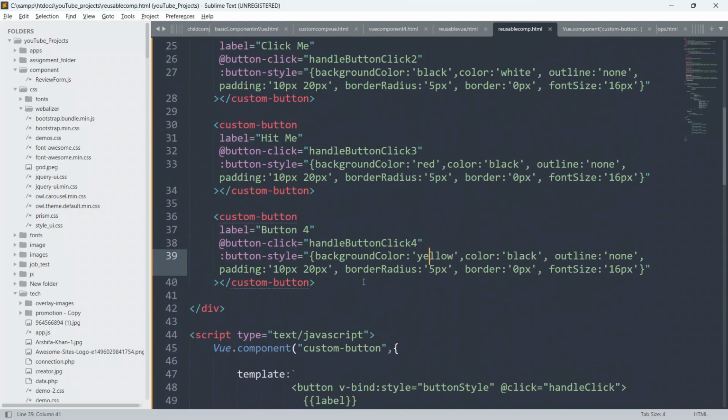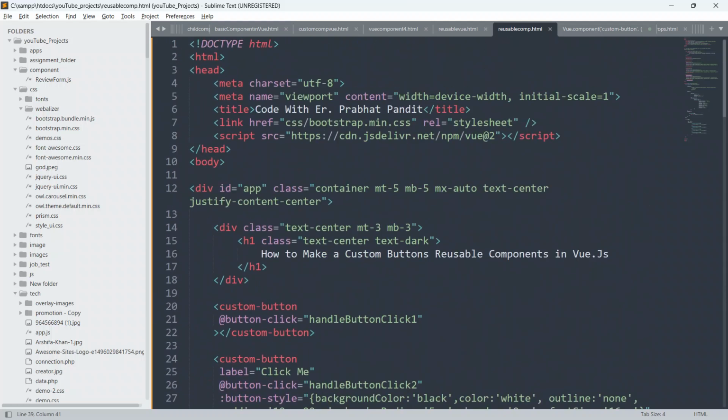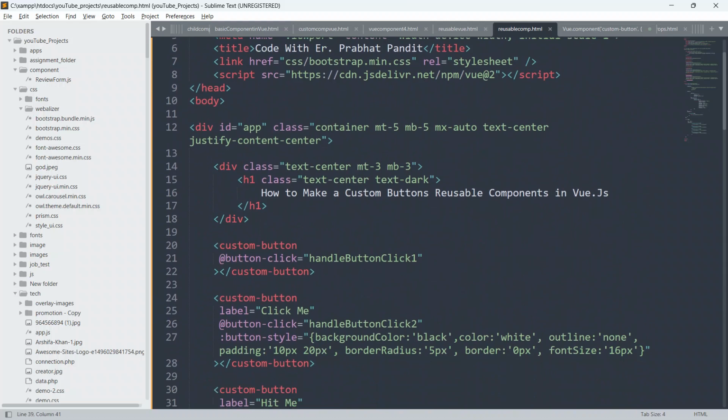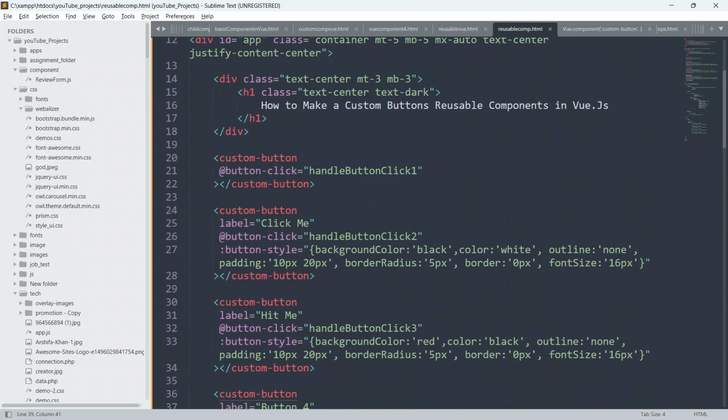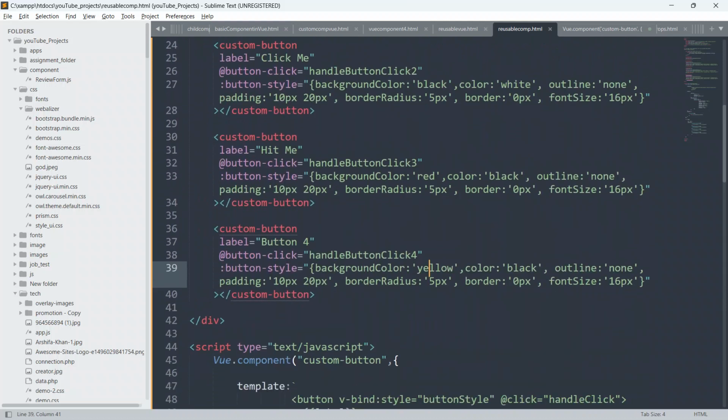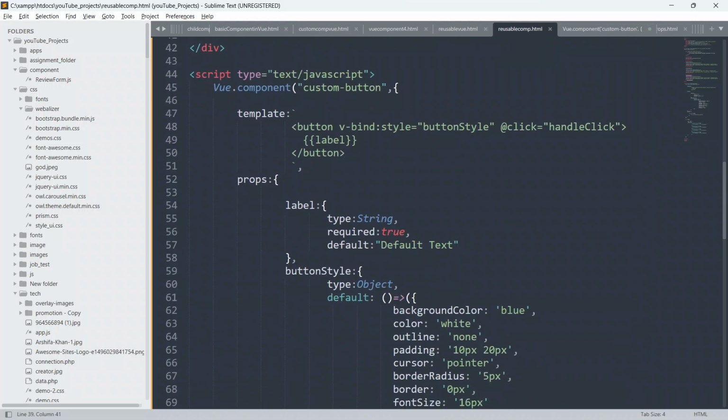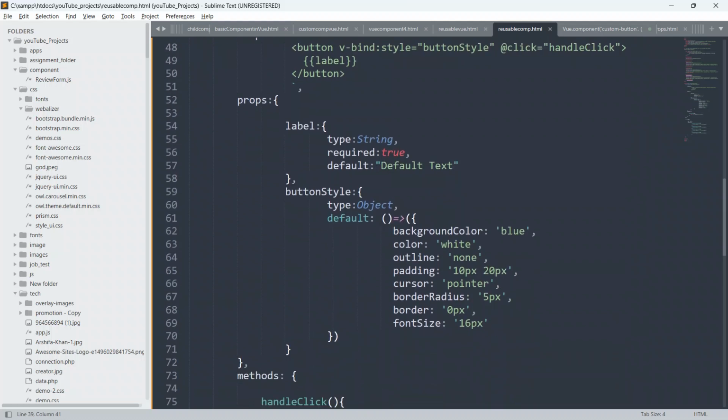So guys, I feel we have come to the end of this session, end of this tutorial. In this video, in this session, we have learned how to create a component, and how to create a custom component as well, and how to create a reusable component as well. We have learned a lot in this video.